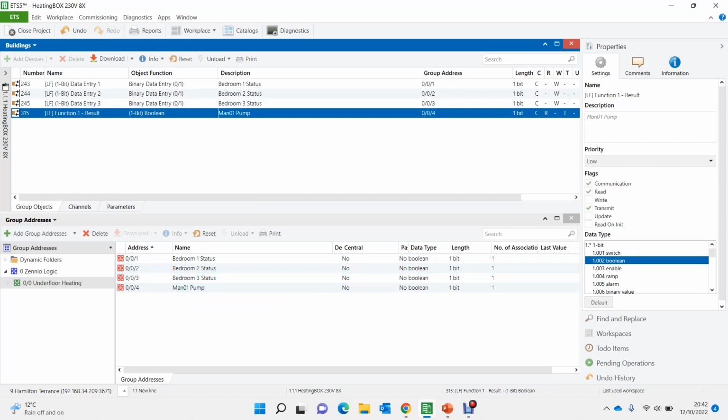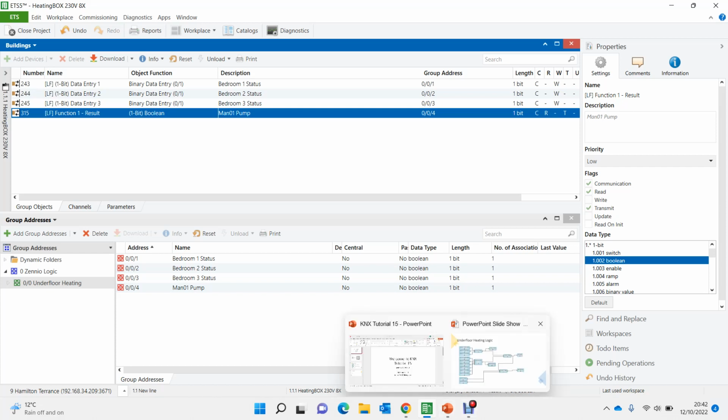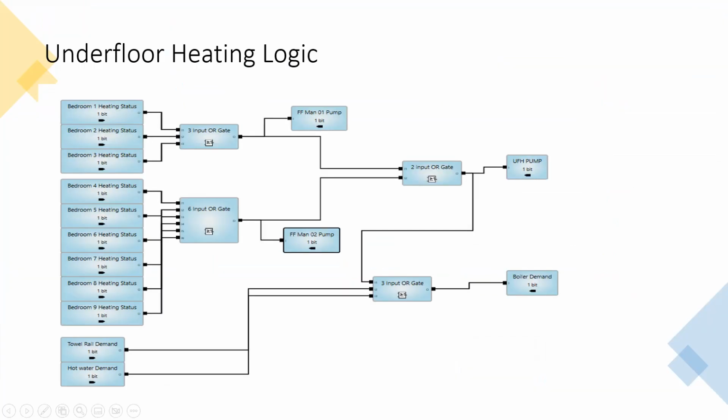You have to link, obviously you will have the heating actuator, all the wiring, everything, but in this video I am just trying to explain how the logic function works on the Zennio devices. So I've created one logic, and if we go back to the slide, what I've done is this portion up to the manifold 1 pump. Now the next section is bedroom 4, 5, 6, 7, and 8, and then I've got the